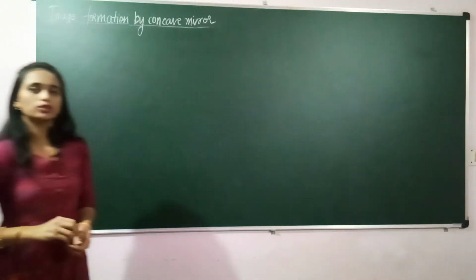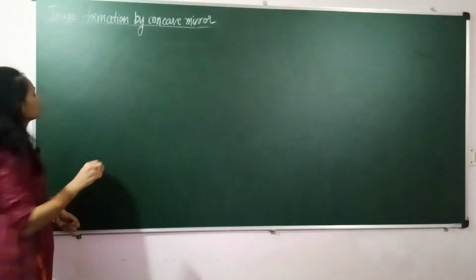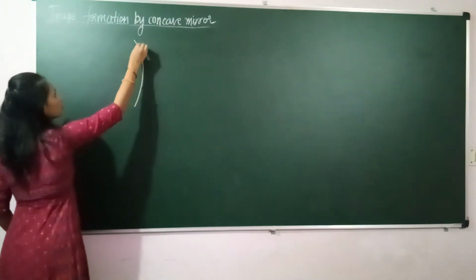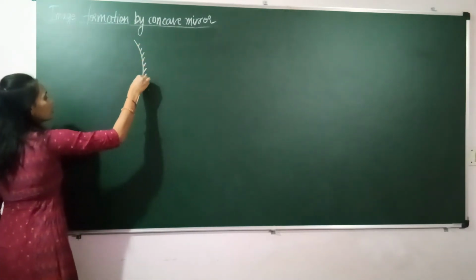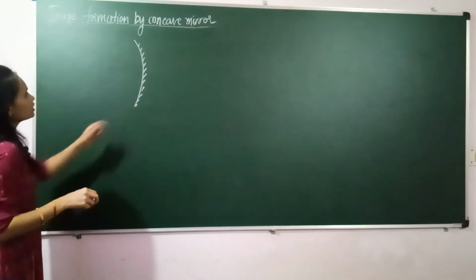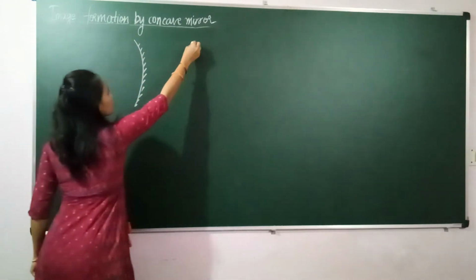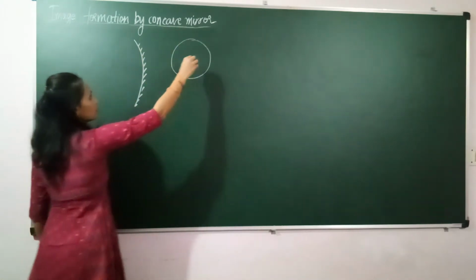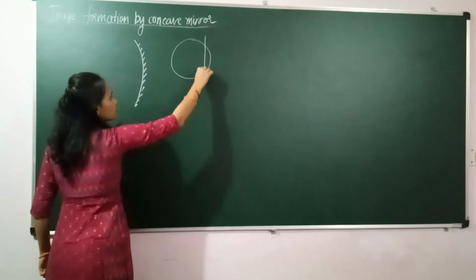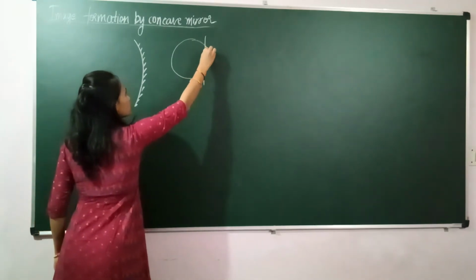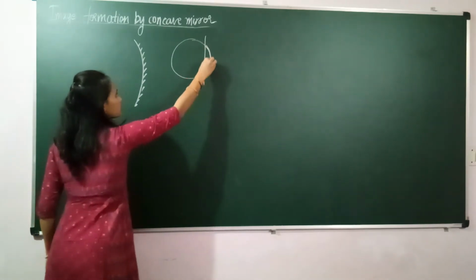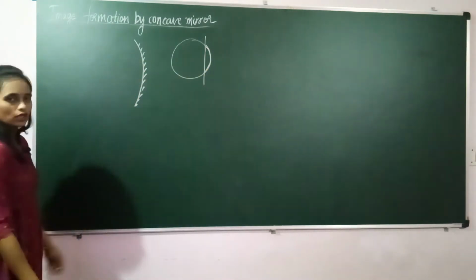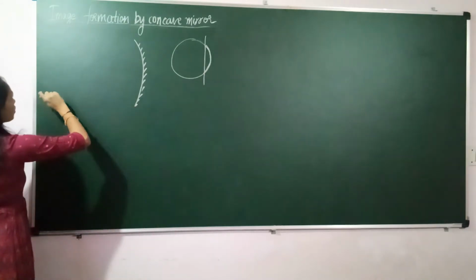In this video we are going to study the concave mirror. So first we will take the concave mirror. So this is our concave mirror. This concave mirror is a part of a sphere. For example, consider this is our sphere. In this sphere, if we cut a part of this portion, this portion is called the spherical mirror. We will take this spherical mirror, do one side polish, and use it as the concave mirror.